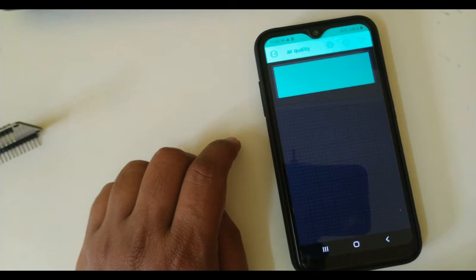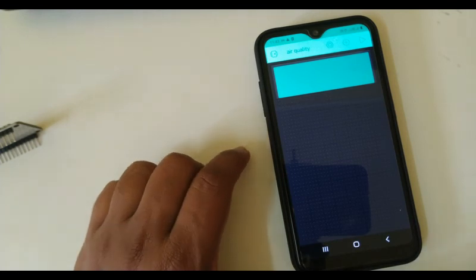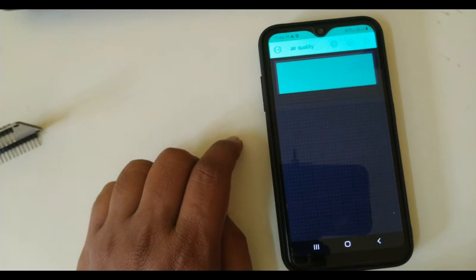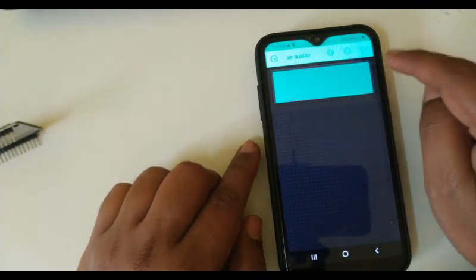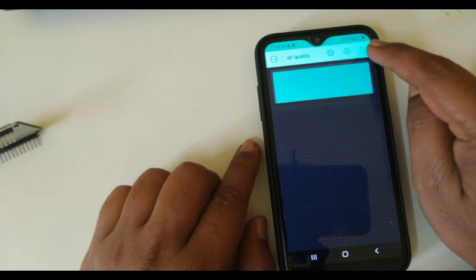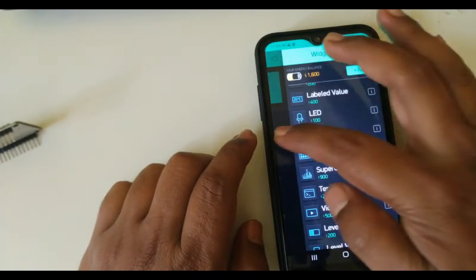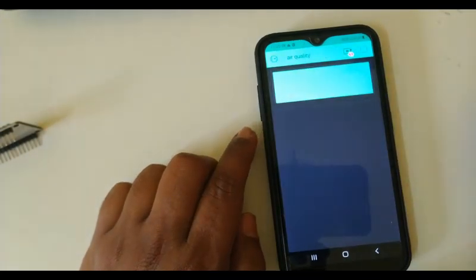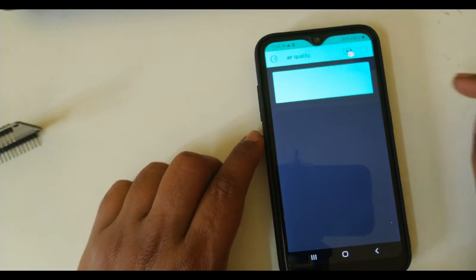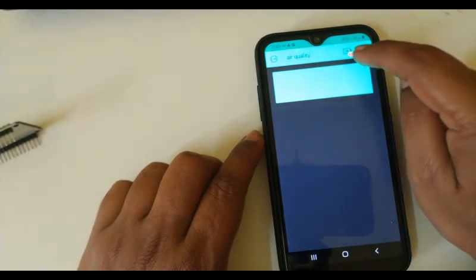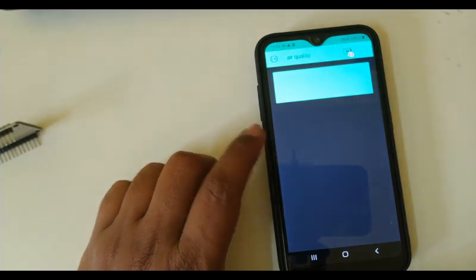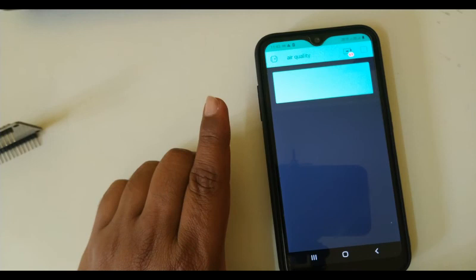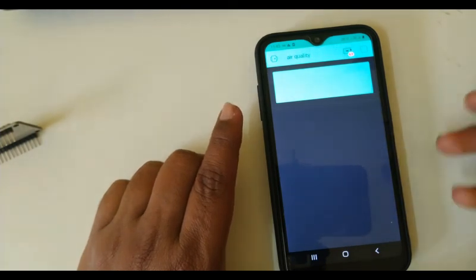Okay, fine. So what I did, I created a new project. I used a widget called LCD and I made it advanced, and in place of pin I have selected virtual pin, and V0 is my pin number. So hope you can see three elements here. The rightmost element, which looks like an arrow, is the button with which we can run our Blynk app. If you tap on it, the Blynk app is activated. Since it is not connected with our Wi-Fi, we are able to see here a red colored dot mark. It means this Blynk app is not yet connected with any board. So that's how we need to understand.